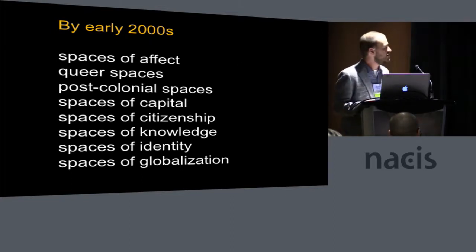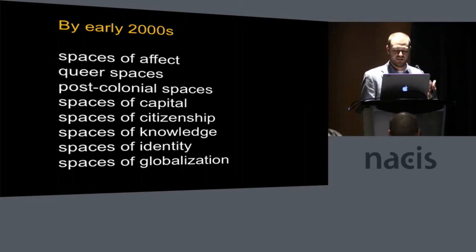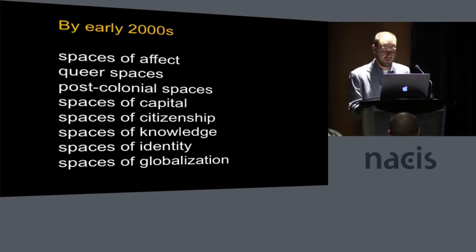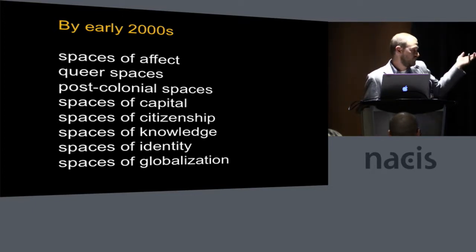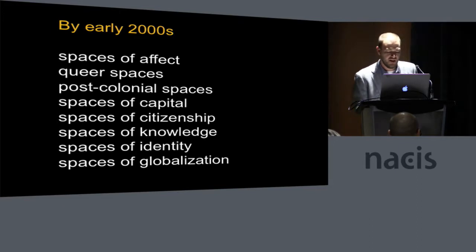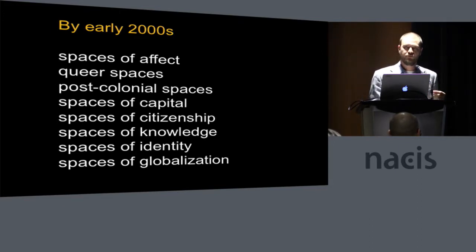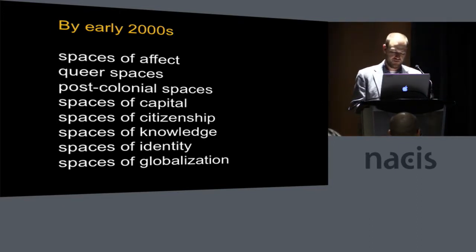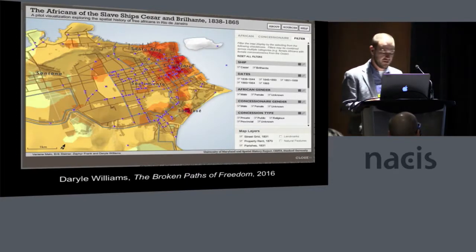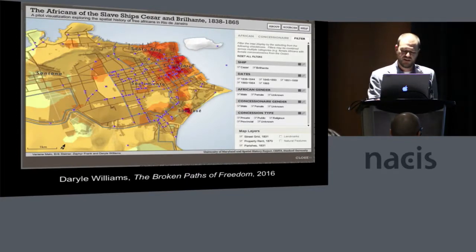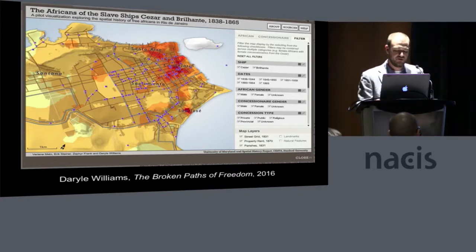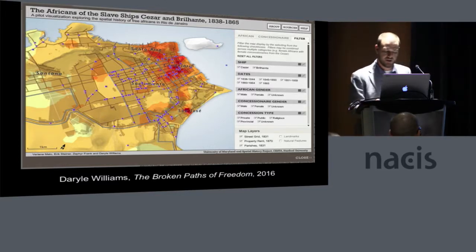Okay, so there's no doubt that we can find things to datify and to put on maps for each one of these, for example, for each one of these spaces. And I want to be clear that doing so, I think, opens up often new ways of seeing and understanding, and this is no small feat. So for example, here is Darrell Williams' project, that uses cartography to learn about the urban geography of 19th century former slaves in Rio de Janeiro.